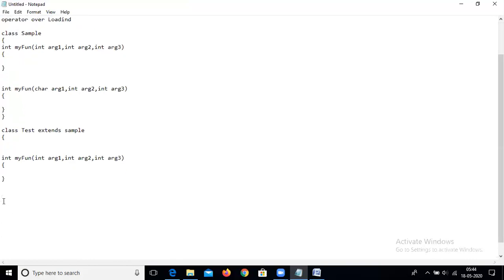Here I'm going to create a public static void main String. Just a typing mistake.